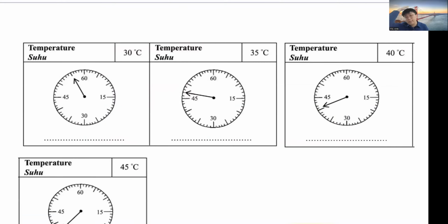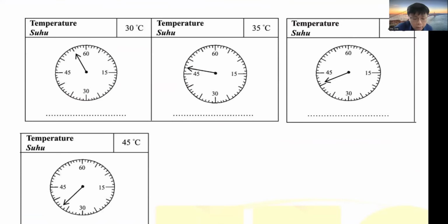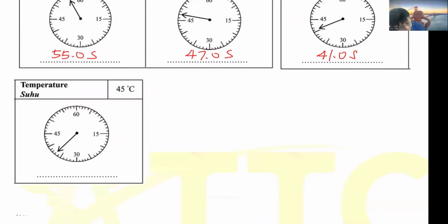So look at this. This is analog. So if your stopwatch is analog, you only take one decimal. So this is 55.0 second. This is 47.0 second. This is 41.0 second. And this is 37.0 second. Okay, this is the analog one. Okay, a digital one,